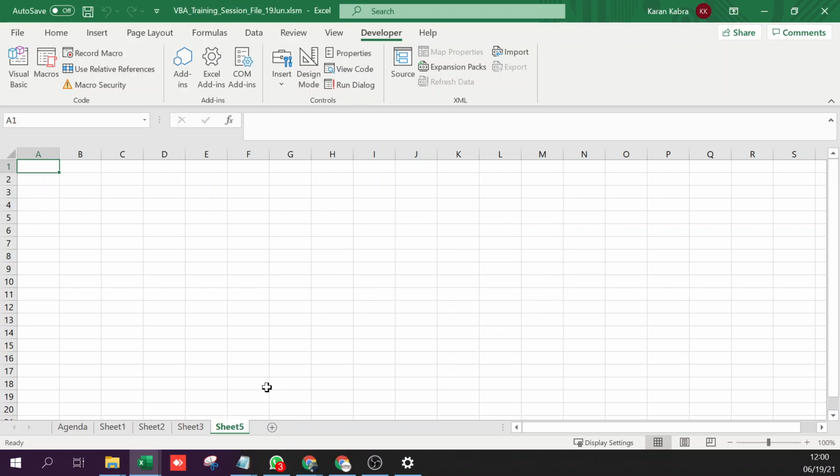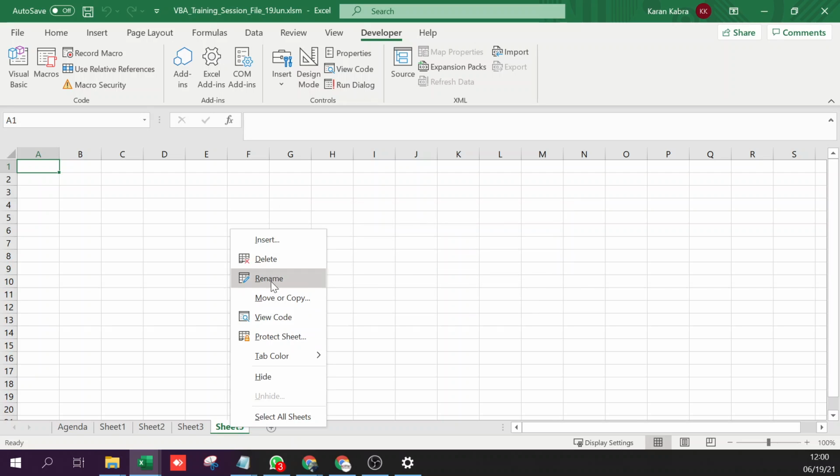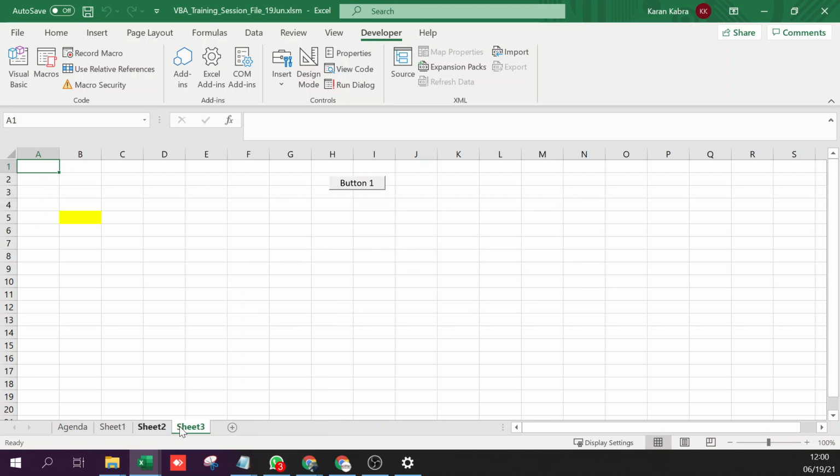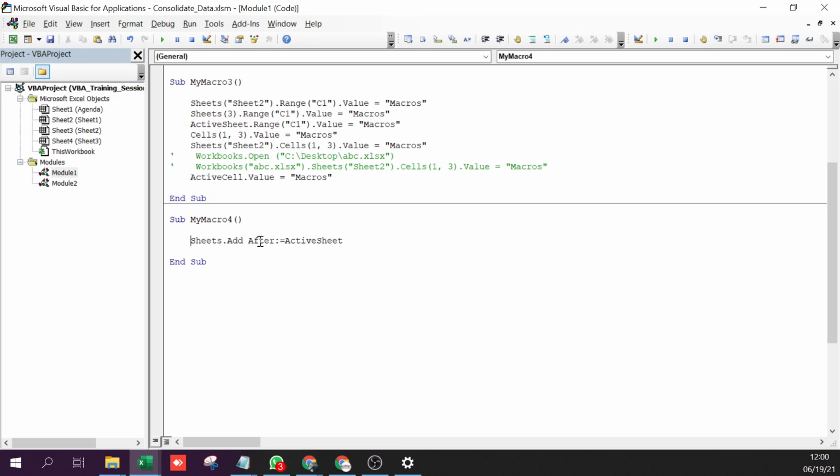So what we can do is, if we create a new sheet, say from here, and anything that you want to write on that sheet, so that sheet has now become your active sheet. So you can simply write ActiveSheet.Cells(1, 1).Value equals "VBA".